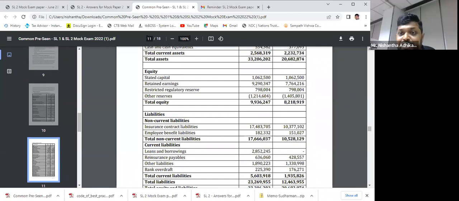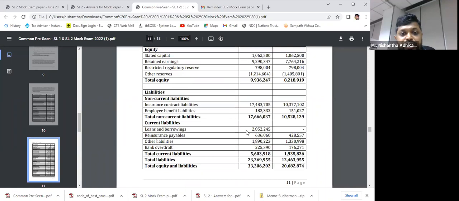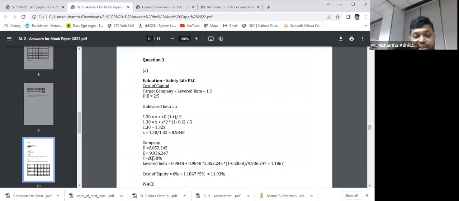You can see insurance contract liability. On the other hand, you can see financial investment and insurance receivable is there. Therefore, you have to take loans and borrowings, right? The debt is 2.852, equity is 9.9. Now, here it's mentioned, tax is 28.58, that is the effective tax rate. Then levered beta, you have calculated 1.1867, because this particular company has a high level of equity compared to this particular company. Safety Life PLC has a higher debt than